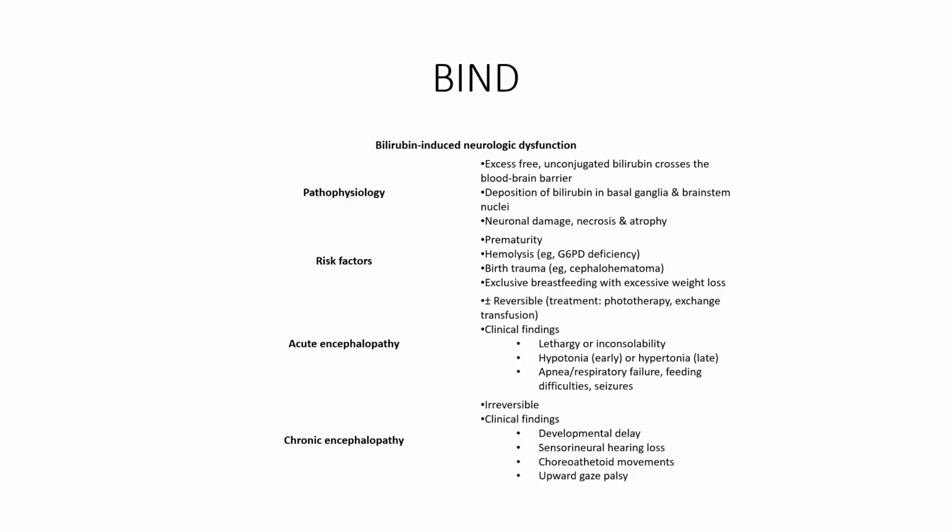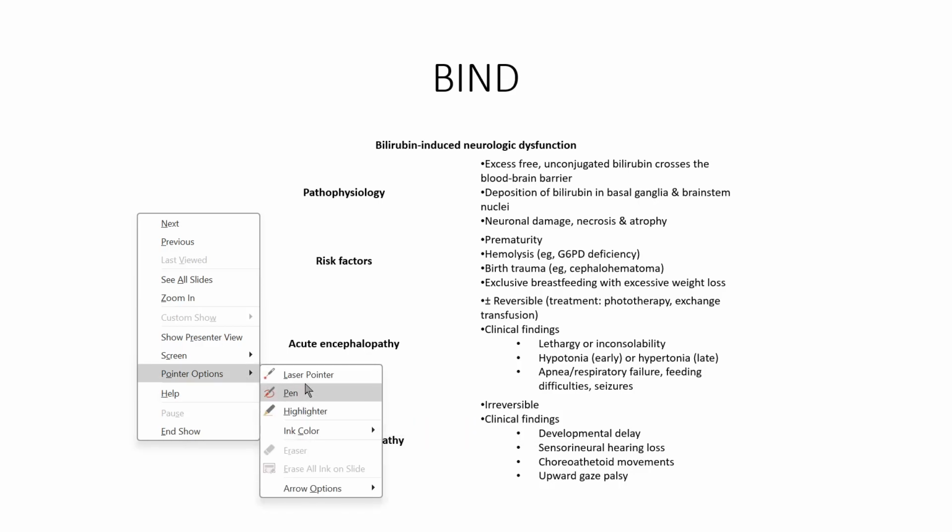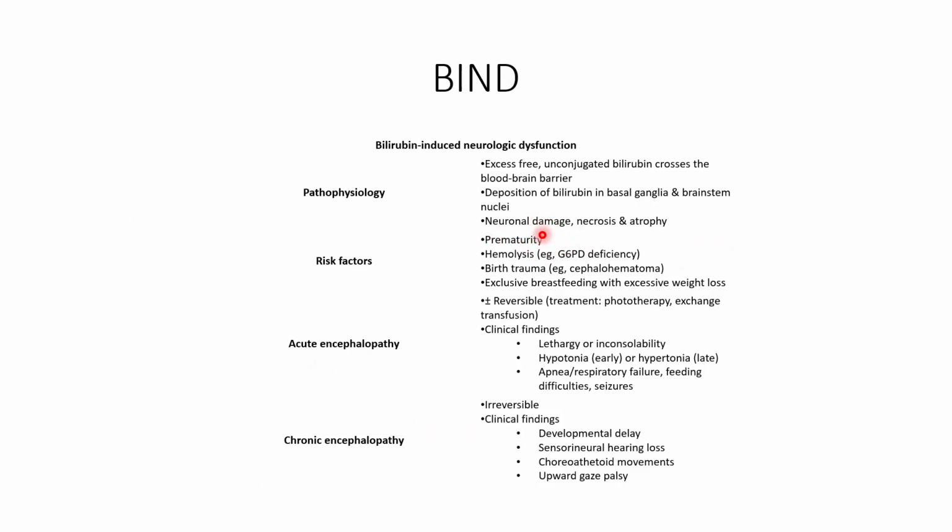Risk factor is prematurity. Prematurity, hemolysis, G6PD deficiency, glucose 6 phosphate dehydrogenase deficiency. In glucose 6 phosphate dehydrogenase deficiency, you get the Heinz bodies. There is hemolysis, hemolytic anemia, presence of Heinz bodies,